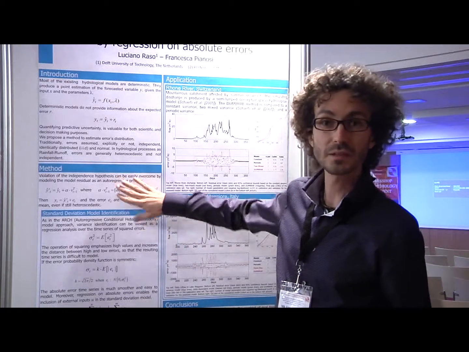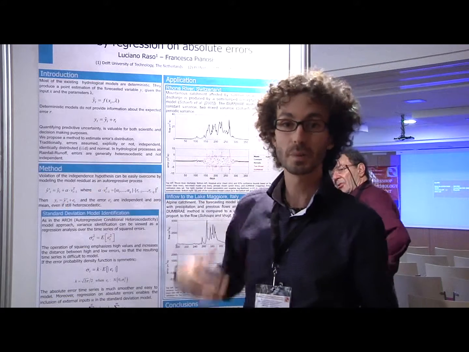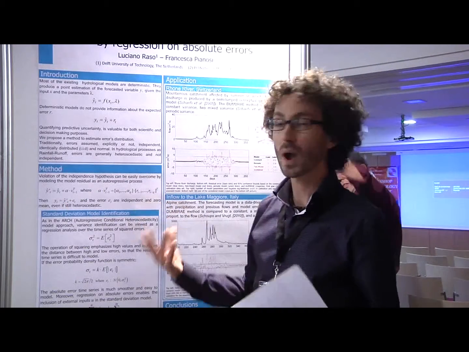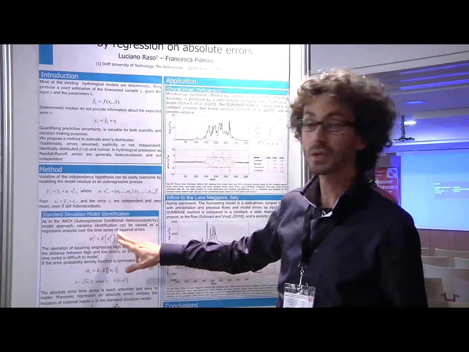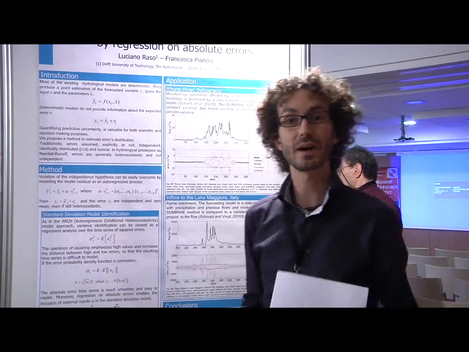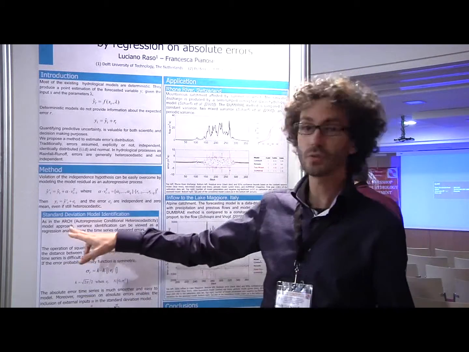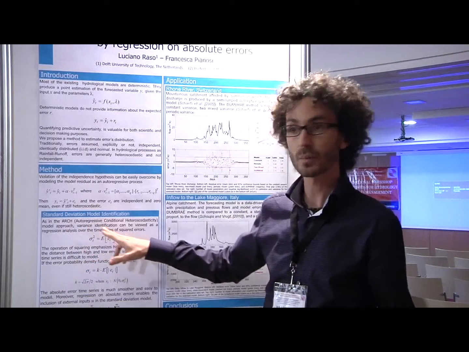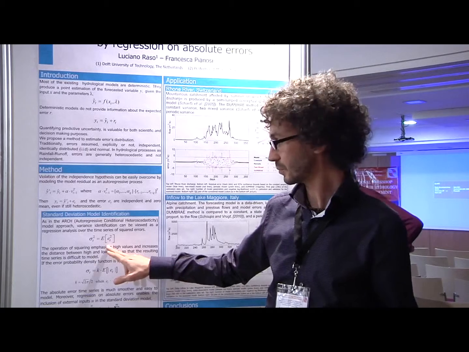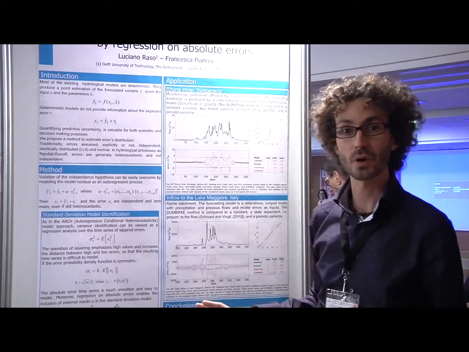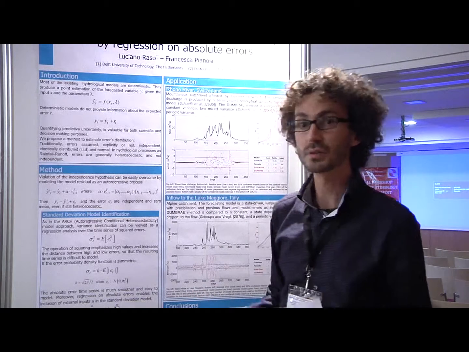The first one, independence, is relatively easy to solve because basically you can build up a linear regression on the previous errors, and then widen the error. So still you have the problem of heteroscedasticity, so the fact that the variance changes in time. Now, for people who know the ARCH model, basically you estimate the variance with a regression of the squared error. What we do here is a similar approach, so we build a dynamic model, but it's based on absolute errors and not on the squared errors.